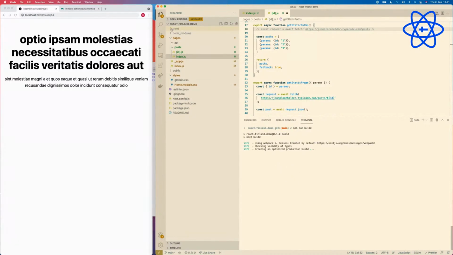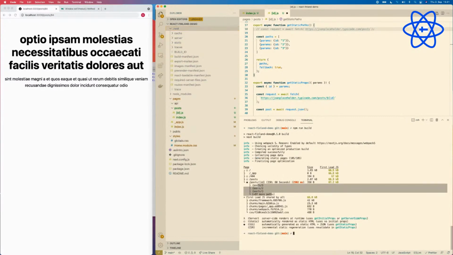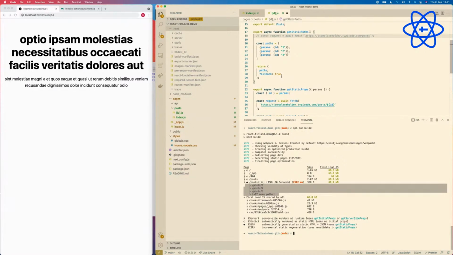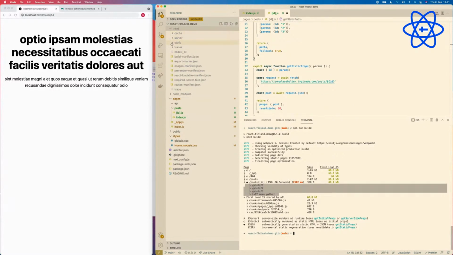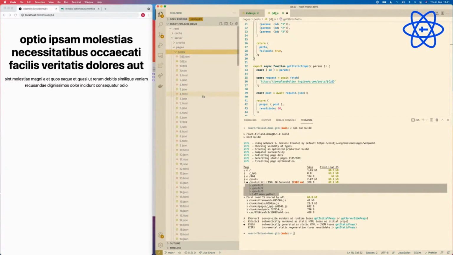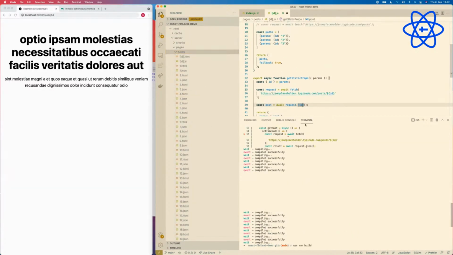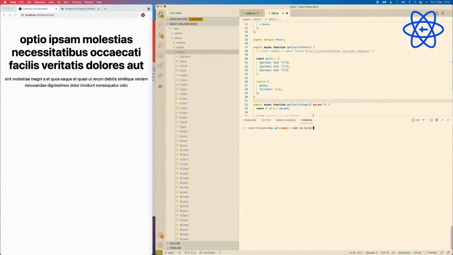All right, so now if we go, for instance, to the pages, why is it keeping on building all of the 100 pages all the time? Yeah, for some reason it's building the 100 pages, even though I don't want it to.